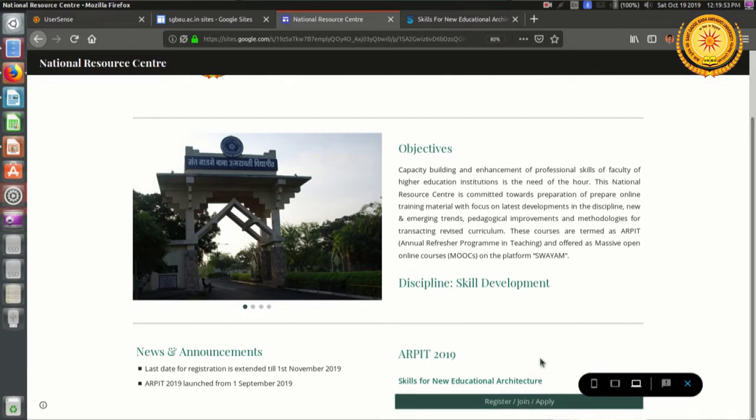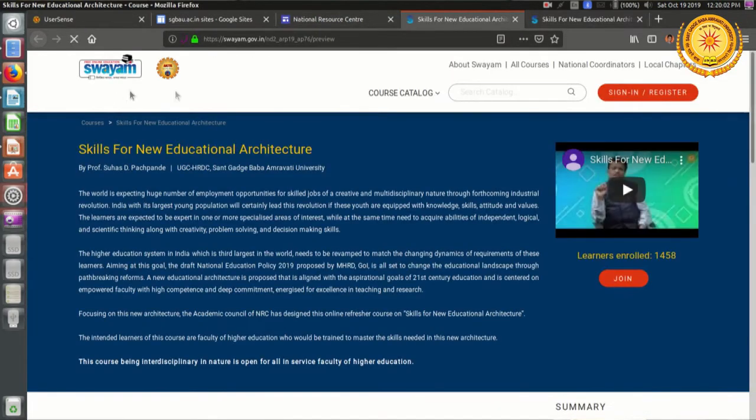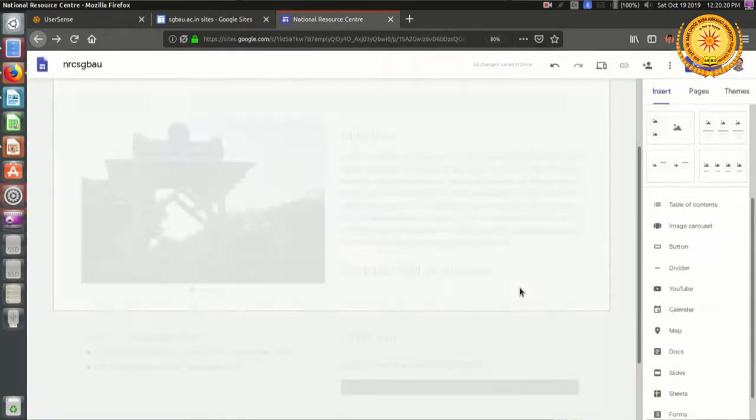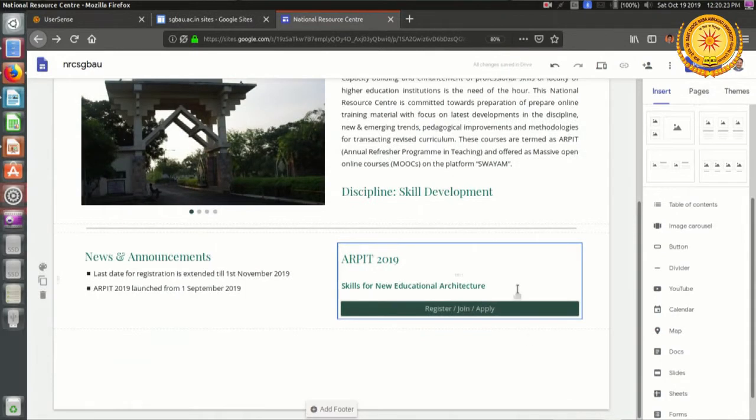Now, if you move the cursor on that button, you will find that the cursor has changed. If I click on that button, it shows that I am being redirected, and see, the web page containing the information of our course and the link to join has been displayed. Okay. So, I am closing that window, closing the preview. So, whatever I have created so far has been neatly displayed.